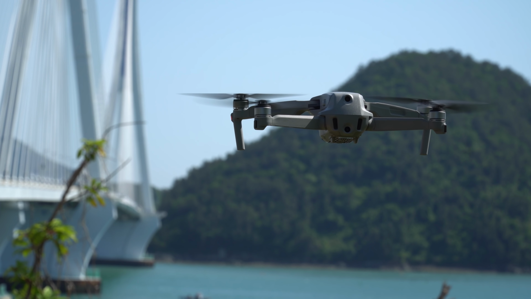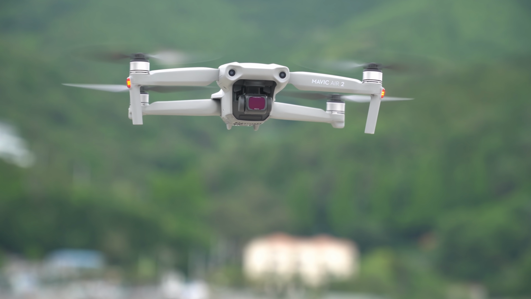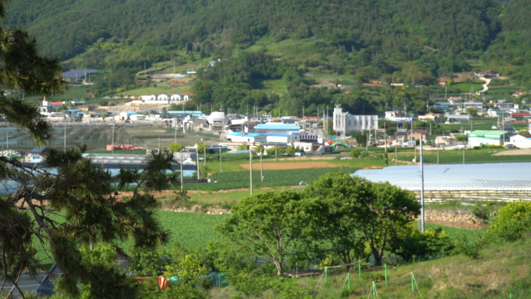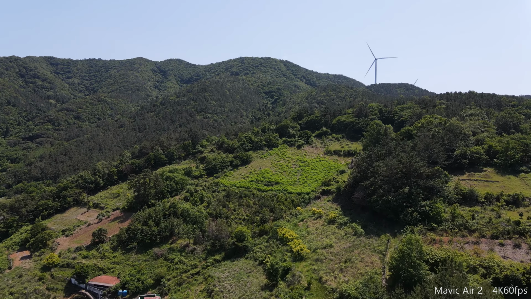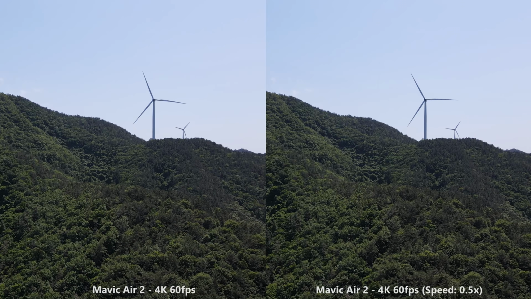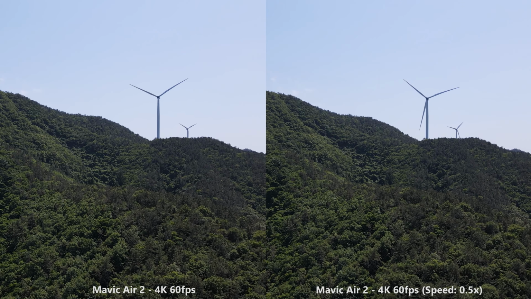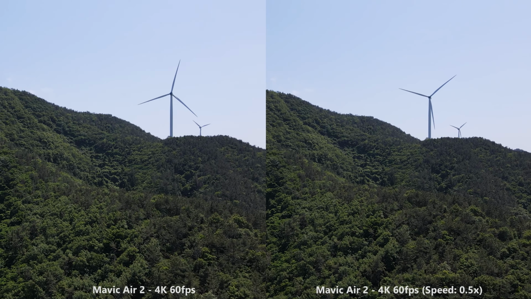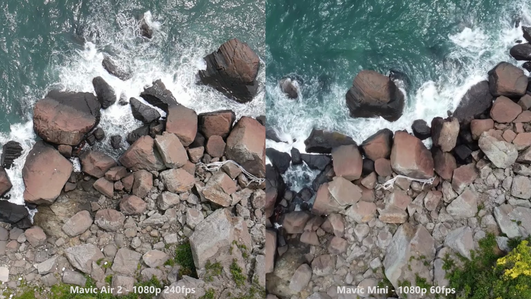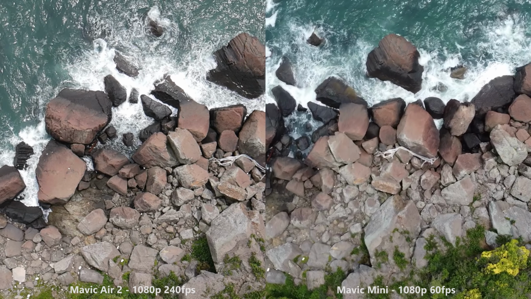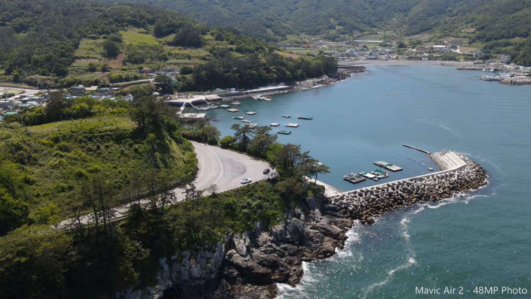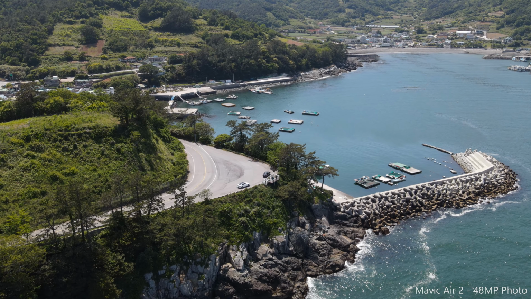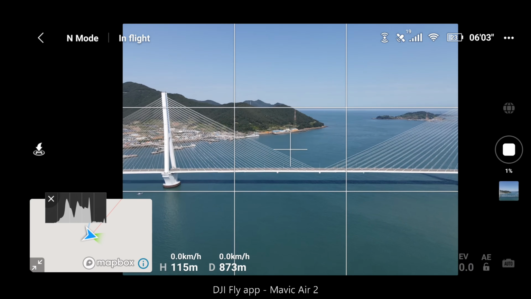First, let me focus on 6 areas where MAVIC Air 2 is better, and then I'll talk about the advantages that MAVIC Mini has over MAVIC Air 2. First point is, of course, the better camera quality. MAVIC Air 2 offers 4K 60 frames per second, so you can actually slow down your footage even at 4K resolution. And the slow-mo video can be taken at 120 frames per second, as well as 240 frames per second at 1080p resolution. And the photo can be taken at 48 megapixels, as well as all the panoramic photo options,